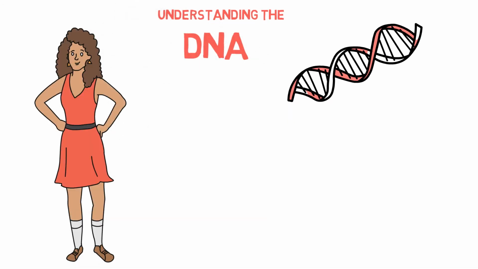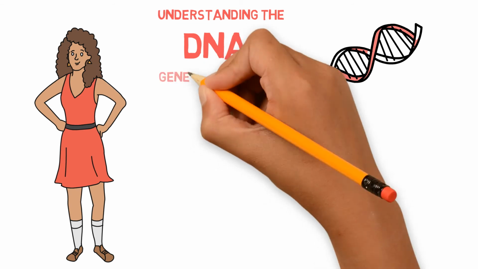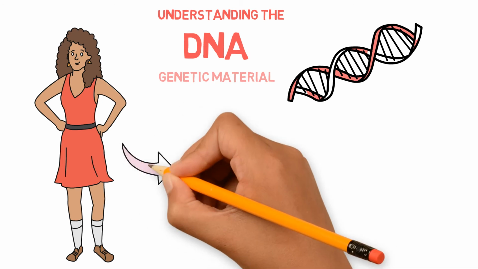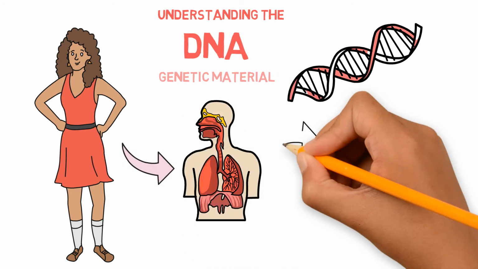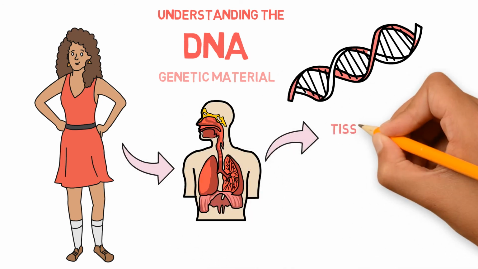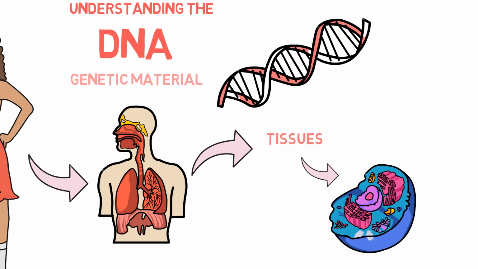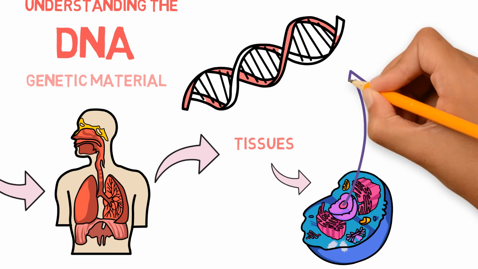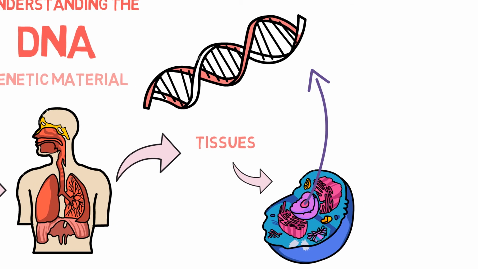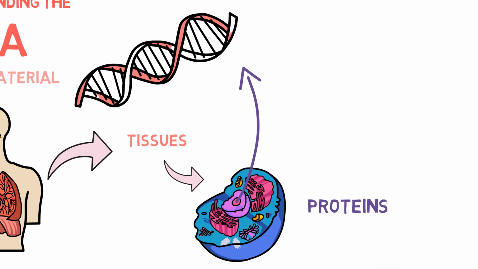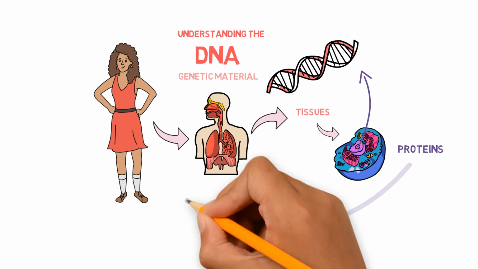We are who we are primarily due to our genetic material, our DNA. Our body is made up of organs, which in turn are made of tissues, which are thousands of cells, and inside each one of these cells is our DNA. Our composition and our characteristics are influenced a lot by the proteins that constitute our cells and consequently our body.